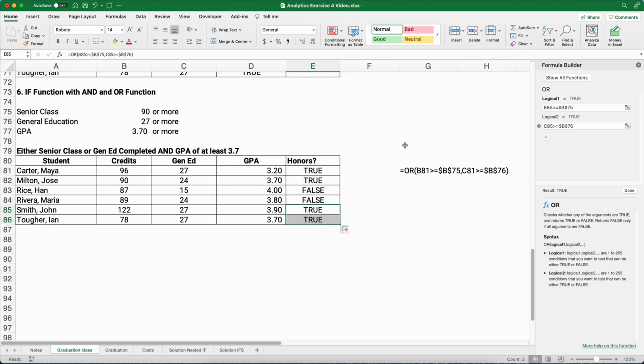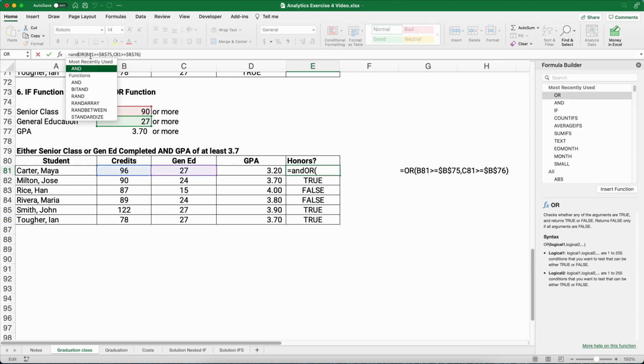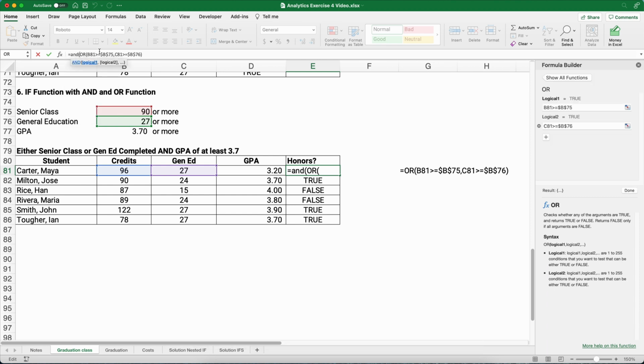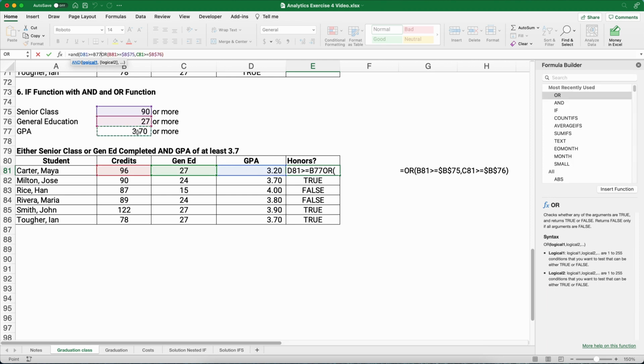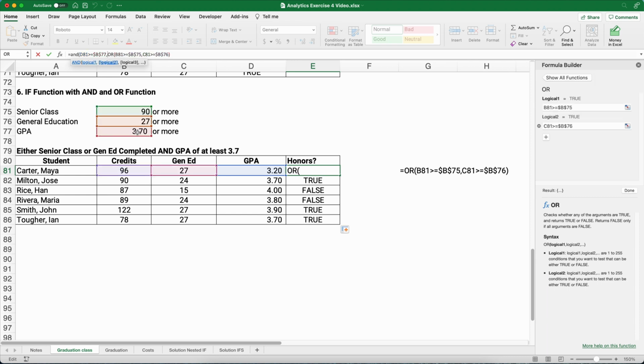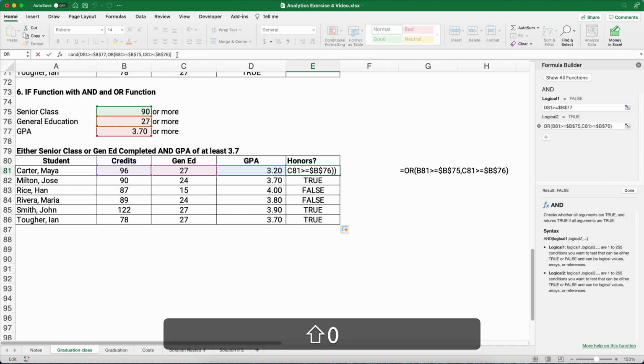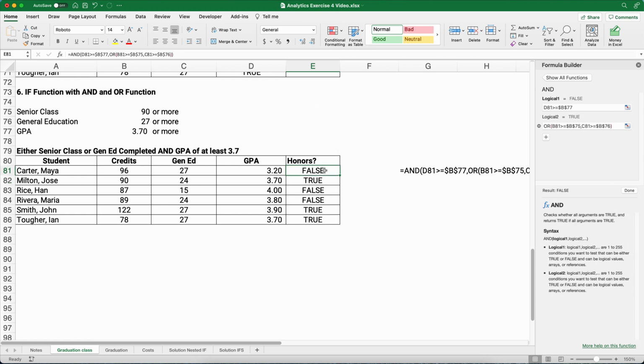Okay? Now we're going to wrap this or into an and. So and is going to include the GPA requirement greater than or equal to the 3.7. Make that absolute. And then comma, the next one is going to be our or. So I've got 2 logical things in the and. I've got logical 1, which is the GPA requirement, and then it has to meet one of the 2 in the or. So let's go and then close that parentheses for the and. So now what we have,